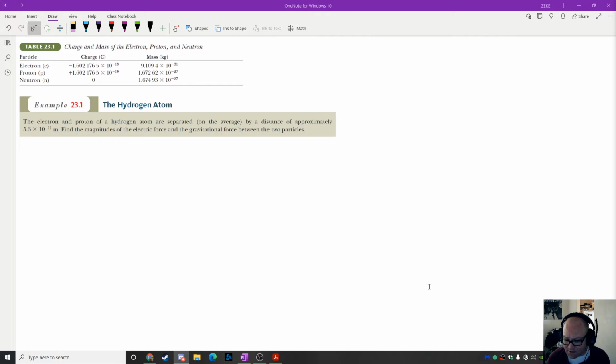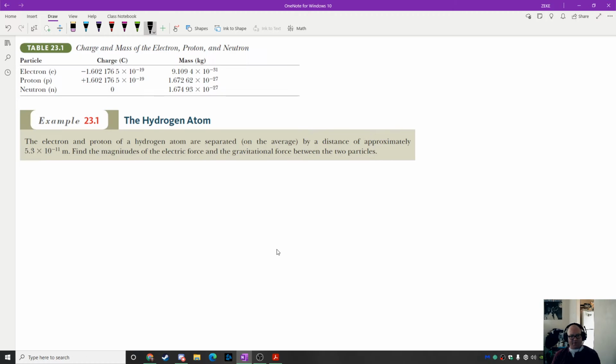So what we have here is, I don't know how well you can read, let me make this just a little bit bigger. Okay. So we're talking about the hydrogen atom. The electron and proton of a hydrogen atom are separated on the average by a distance of approximately 5.3 times 10 to the negative 11 meters. What I want you to calculate is the magnitude of the electric force and the gravitational force between these two